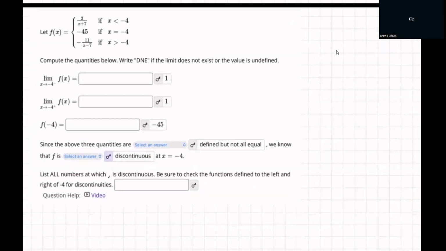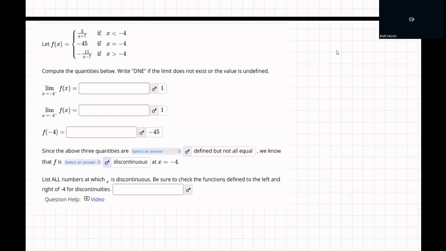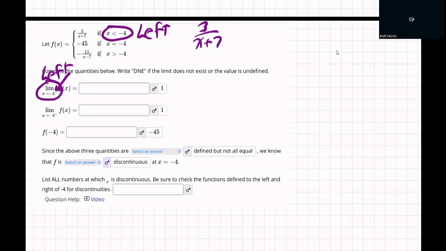Okay, so for this question, we have a piecewise function in three pieces and some limit questions. So let's take a look. So this first one here, limit as x goes to -4 from the left. See how that little minus sign up there is left? That would be this one from the left of -4. So we take the function 3 over x plus 7